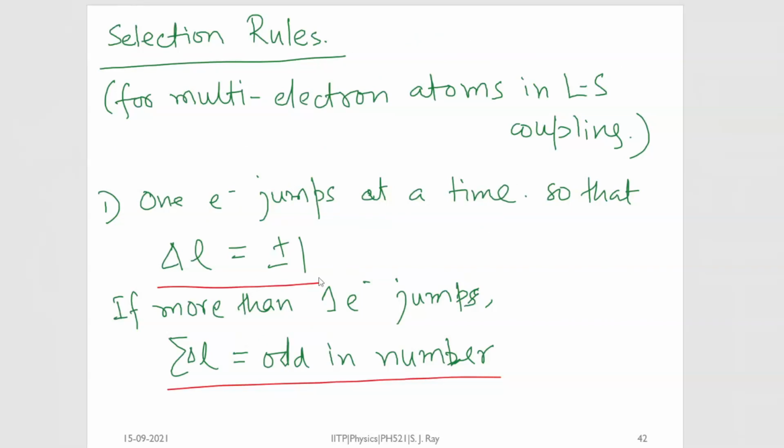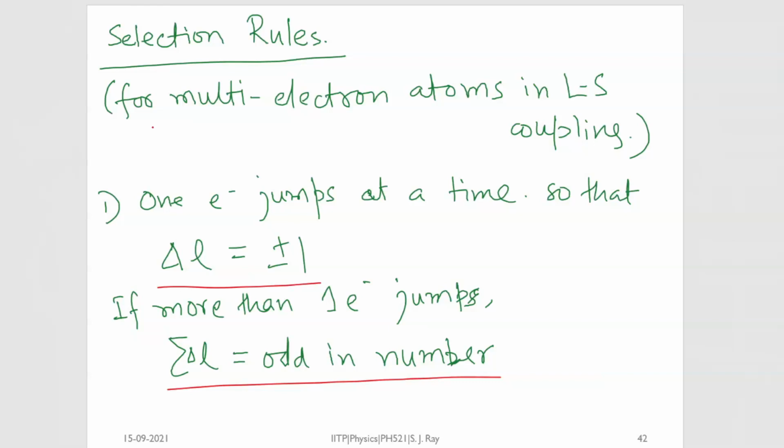Today, we'll start with selection rules. As I mentioned in the last class, selection rules tell us the allowed and forbidden transitions in any energy spectrum. If there are a large number of energy levels or fine structures arising as a result of spin orbit interaction or any other perturbation, there is a possibility that an electron can jump from any level to any other level, let's say from level A to level B. However, not all such transitions are allowed.